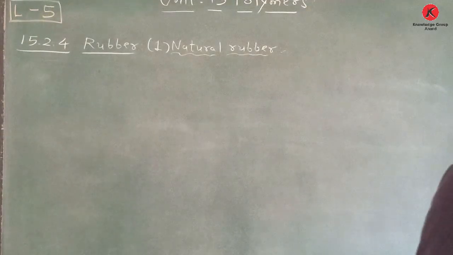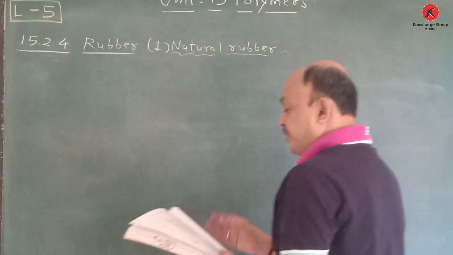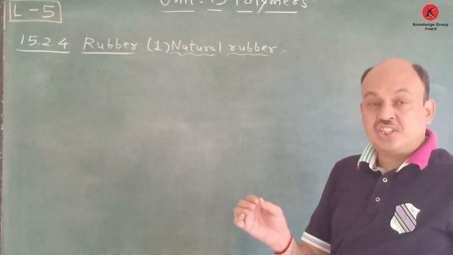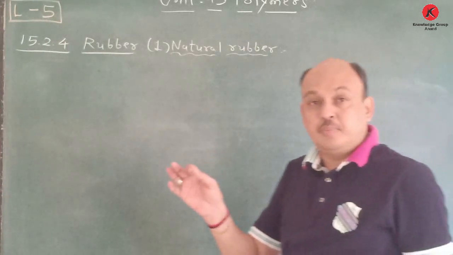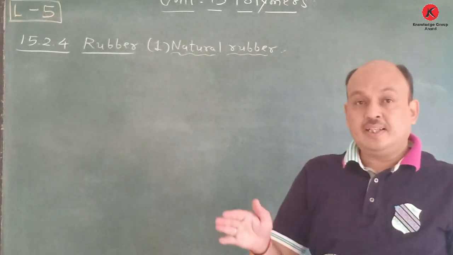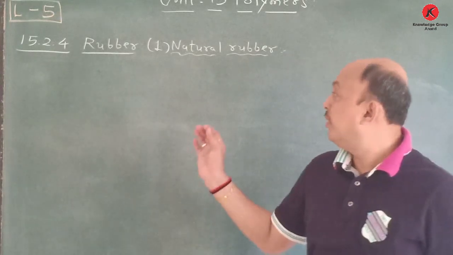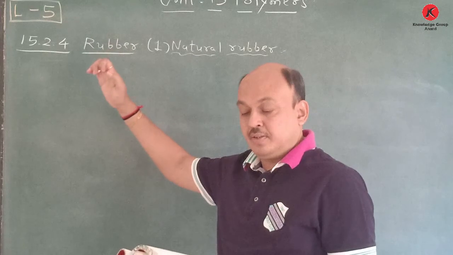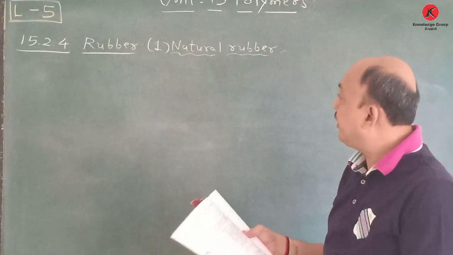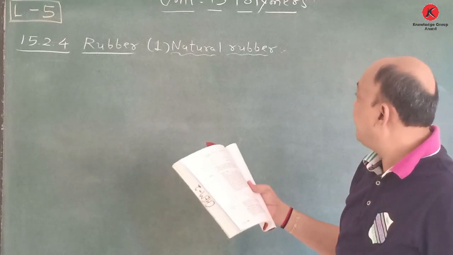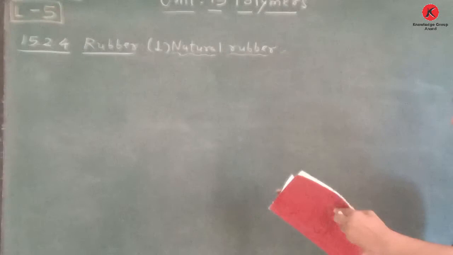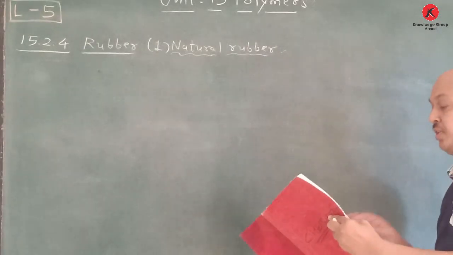Now switch to the next topic in the NCERT textbook. In the earlier lecture, we discussed the copolymerization reaction, particularly the preparation of Buna-S, and how copolymers differ from homopolymers. It is a very good question for the board examination. Now the next one is 15.2.4, which covers first natural rubber and then synthetic rubber. These two are in your course.